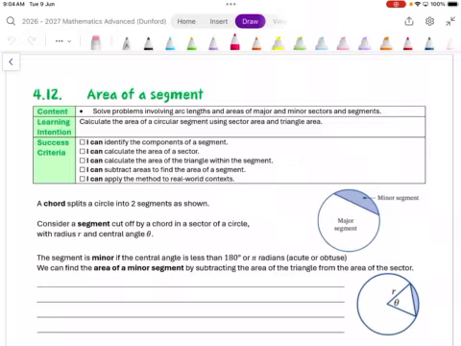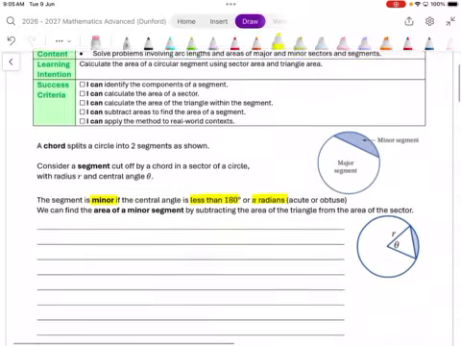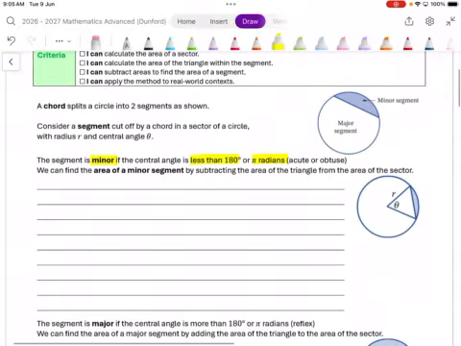So we have our minor segment, which is our smaller segment, and our major segment, which is our larger segment. We consider a segment cut off by a chord in a sector of a circle with a radius r and a central angle theta. The segment is minor if the central angle is less than 180 degrees or pi radians. It can be acute or obtuse, okay? And we can find the area of the minor segment by subtracting the area of the triangle from the area of a sector. So our area of a segment, how we find that formula